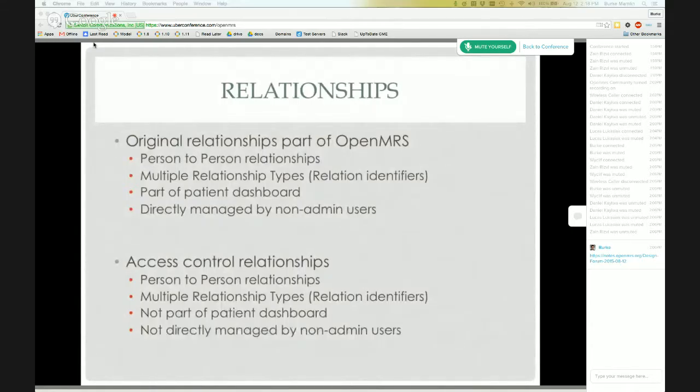For example, if a patient is being moved from one doctor to another, it could be that the new doctor introduces their relationship with the new patient, but does not remove the previous relationship with the previous doctor. So both relationships stay intact. The old doctor is still able to view the patient's profile, even though they're not the practicing doctor anymore.